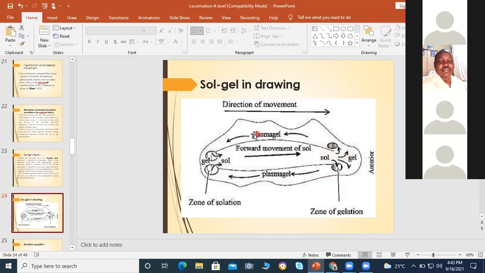Now, as it is moving backward, it pushes this forward, and yet the gel here continues to enter. So as the gel enters and this one is moving forward, the whole organism keeps on moving, with this one flowing, forming a new